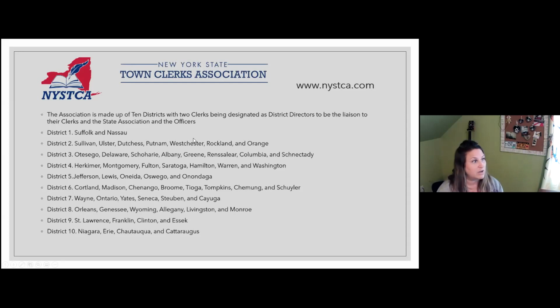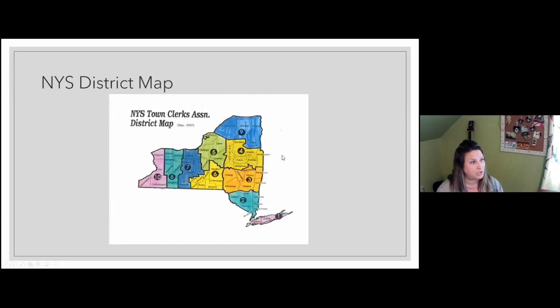I've listed here on the PowerPoint each of the districts. There are 10, and for District 1, the counties of Suffolk and Nassau are the 2 counties related to that district. I also have a map to share to break it out.